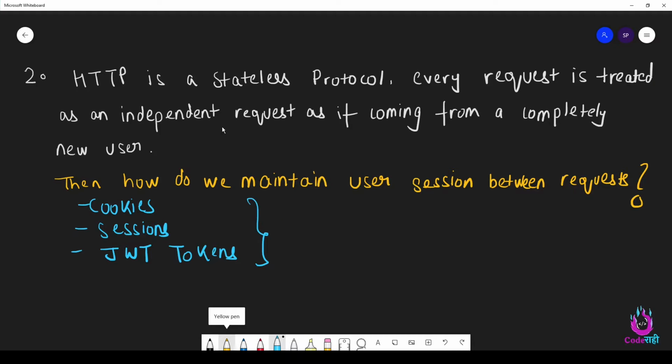But remember that HTTP at its core is a stateless protocol, and these are the things that are again provided by HTTP. We can set these things in its header, but HTTP itself is a stateless protocol. Basically, the protocol itself does not store any information. We as application developers can use these things to store information.